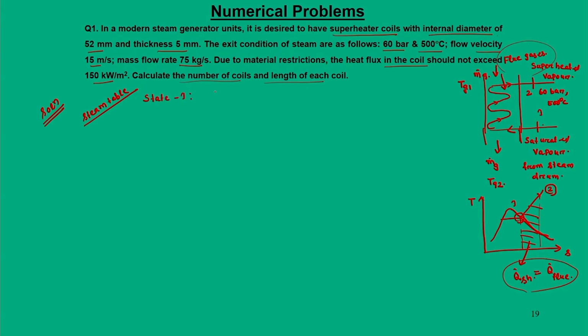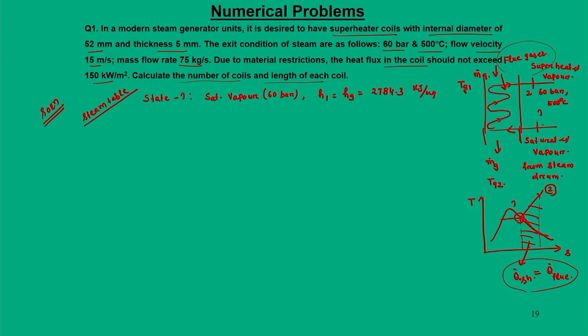So, at state 1 we say it is saturated vapor at 60 bar. At this point, this will give you H1 as Hg. So, you have to refer to the saturated vapor water table, and this value will be 2784.3